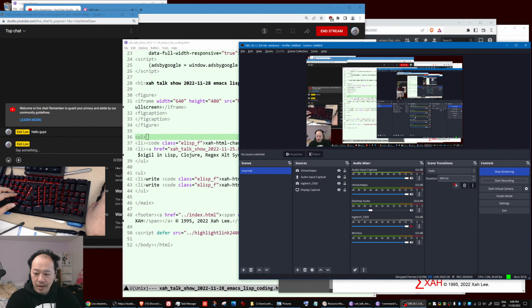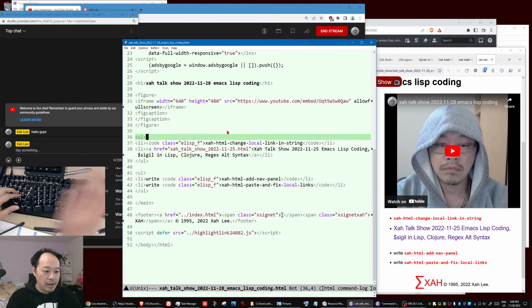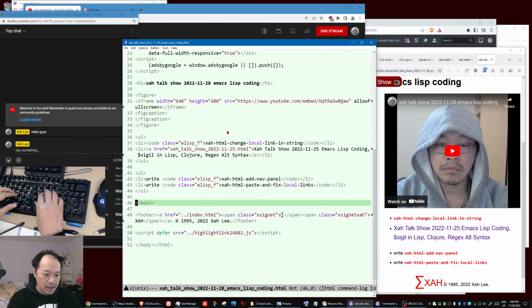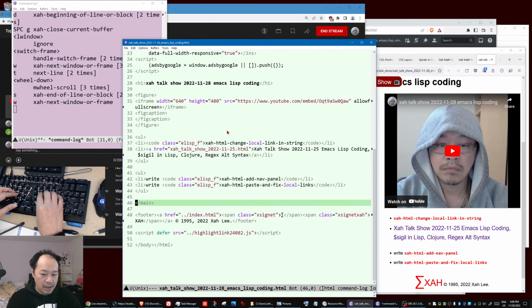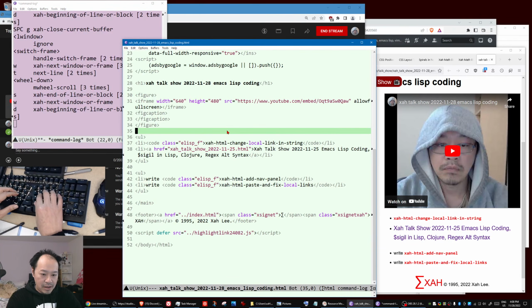So let's begin coding. Video check, audio check. Okay, so let's change the color here to the Exposé. Okay, that's what I'm using, Exposé keyboard. So let's begin coding Emacs Lisp. And I'm using Xah Fly Keys. I'm using Dvorak keyboard layout, and